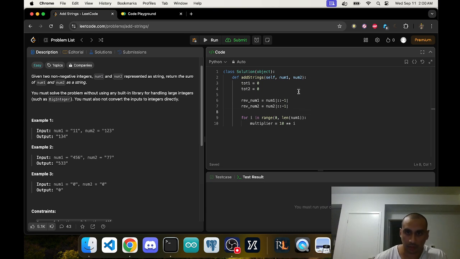So I reverse both strings, then I go rev num1. For i in range 0 to the length of rev num1